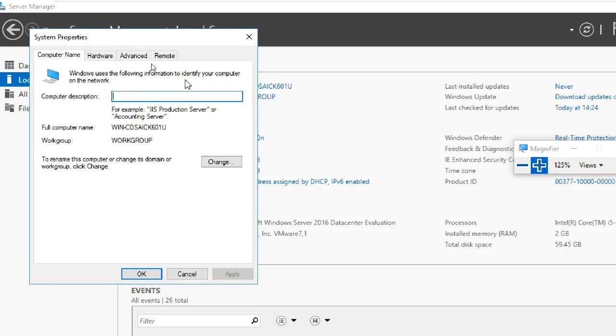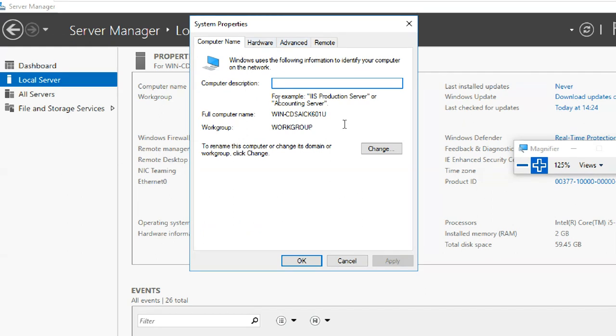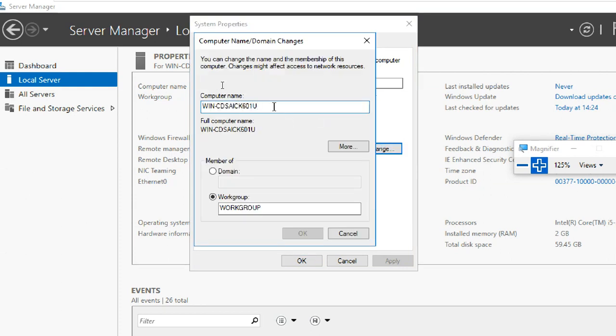So click on computer name. So you can see the computer name. Click it. Automatically the system properties box opens. This is server. Go to change. Click on change. And this is my server name. It is showing here. I can't remember that one, right? So that's why I'm changing it. Better to change first, before you do the domain.